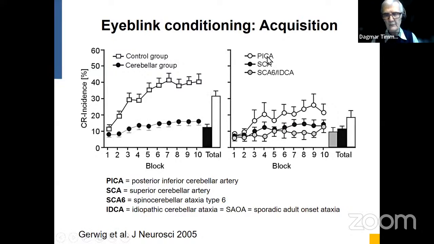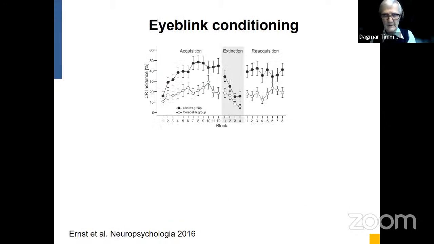This comparison of patients with PICA stroke and SCA stroke shows that not all areas are involved in eyeblink conditioning. Same thing as in rodent or other models. And just one example, pinning down which areas are involved in acquisition of conditioned eyeblinks in humans. This is a study we performed in young participants